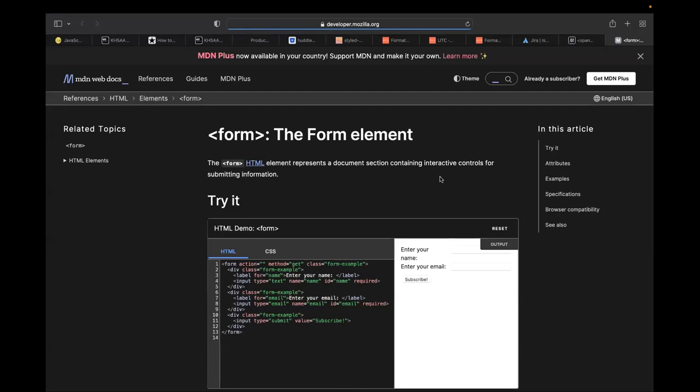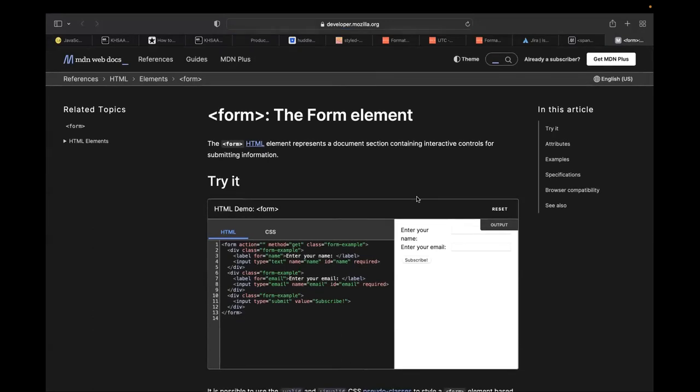That's a very technical explanation to say that this is a way for people to submit input data, information, text, numbers, whatever, to a backend service. Generally, it submits to some type of